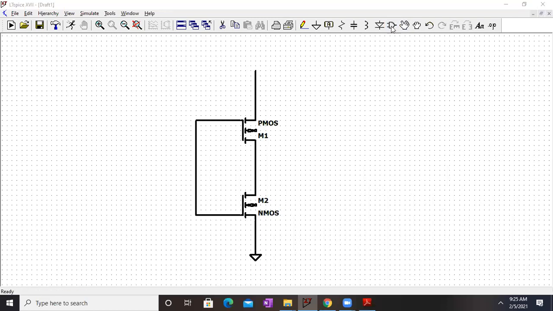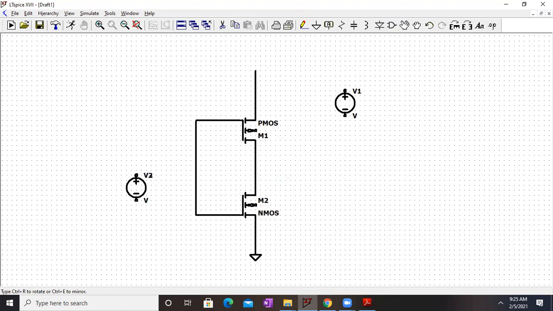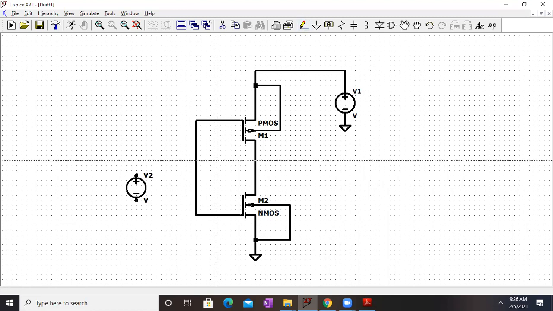The supply voltage we have to connect. So we have to take a supply voltage over here and a supply voltage over here also for the input. So this power supply voltage has to be given as 5 volt. So I'm connecting it like this quickly, and we can connect it over here like this. And remember, the body terminal of a PMOS will be connected to the VDD. So here it is. And the body terminal of an NMOS is tied to the ground like this. Fine. And here at the output, we will also connect the input over here.